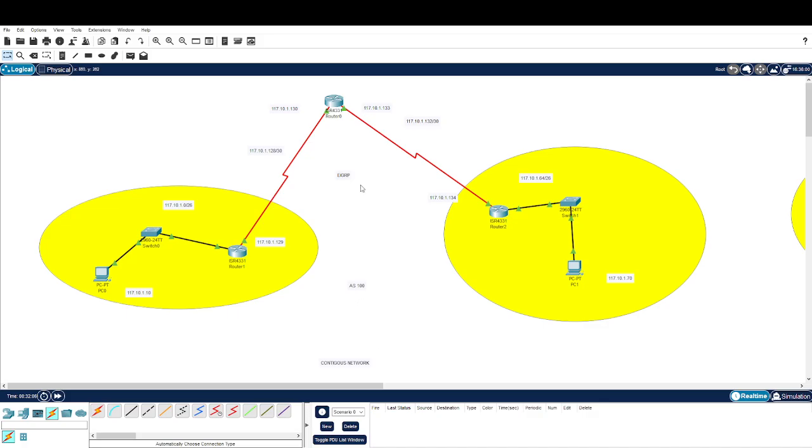By the term contiguous network, we mean belonging to the same network, and there is a continuity of the particular network domain. So let's clarify more by seeing this example. Here, this is my network number 1,